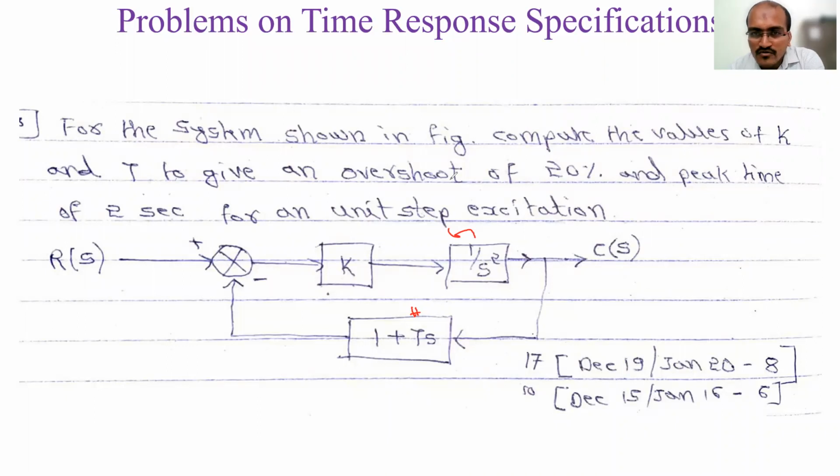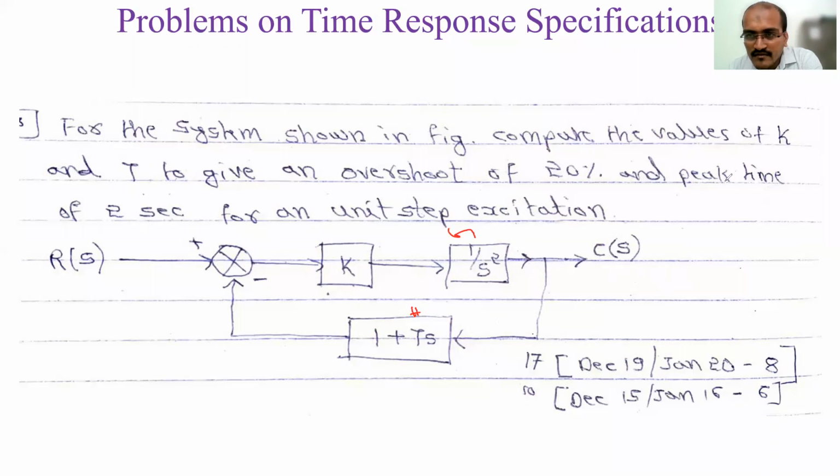Okay, so try to solve this problem. I'm giving the idea, everything. Find the transfer function first, C(s)/R(s), and compare it with the standard transfer function. Then write zeta and omega n in terms of these constants. When you compare, just compare the omega n square denominator. Then find the zeta value from the given overshoot. Zeta completely depends on peak overshoot, so you can find the zeta value.